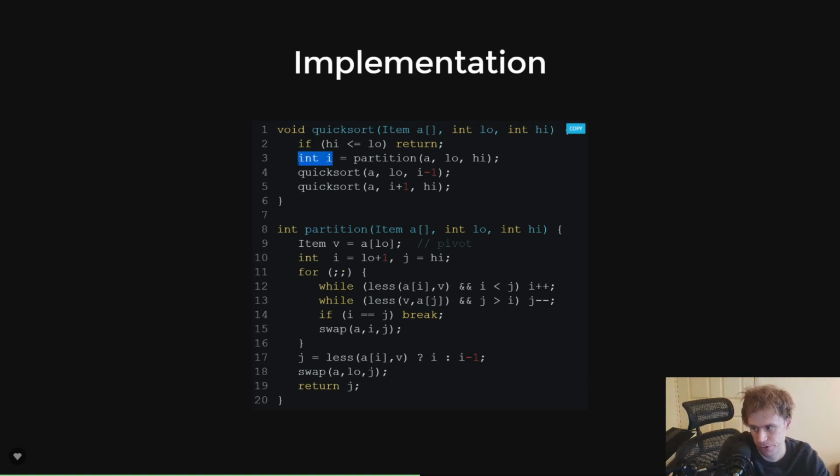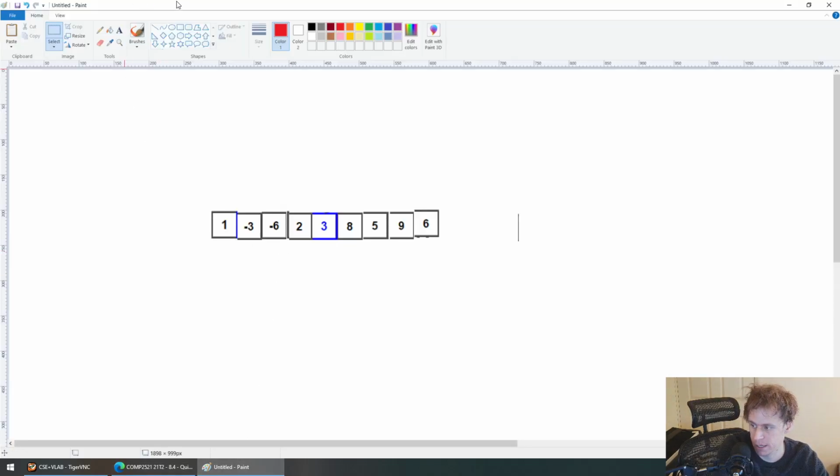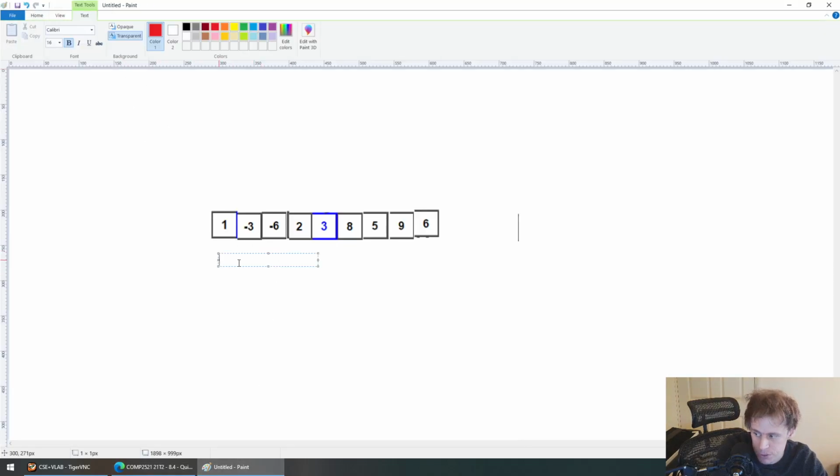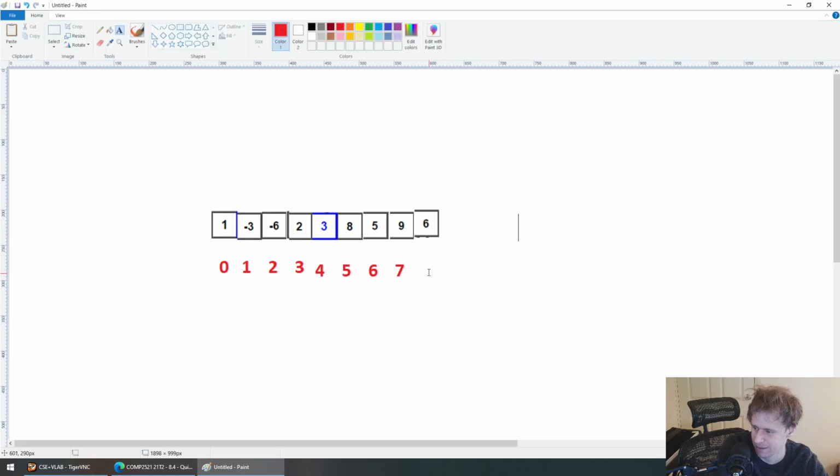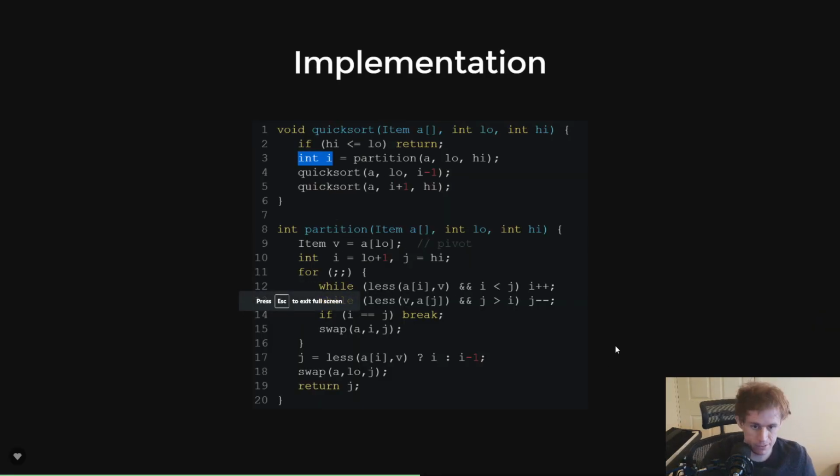So this i here refers to an array index that's the pivot. After the sort, my array is going to have all the standard indexes that it did before, right? It'll have exactly 9 items. And what partition does is after it finds that pivot and swaps things around so it looks like this, it actually returns you that 4. So that i here in the algorithm is that 4 that it returns, because when quicksort is applied to the left half and the right half,